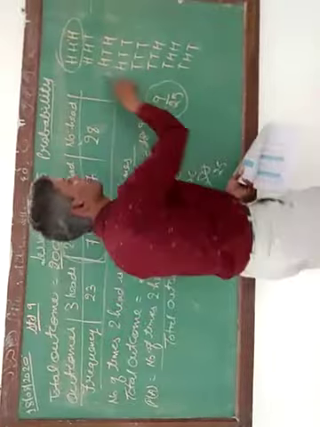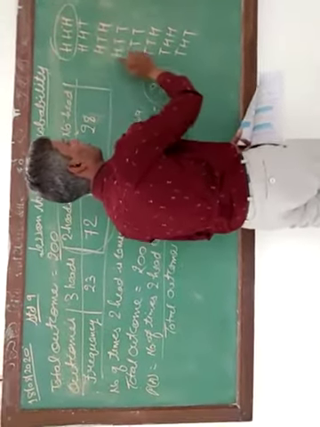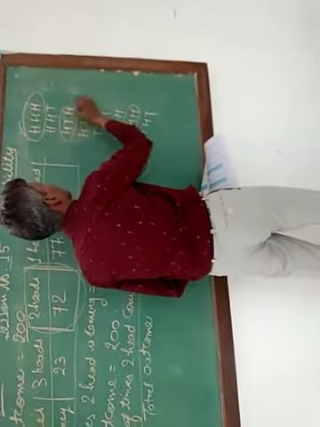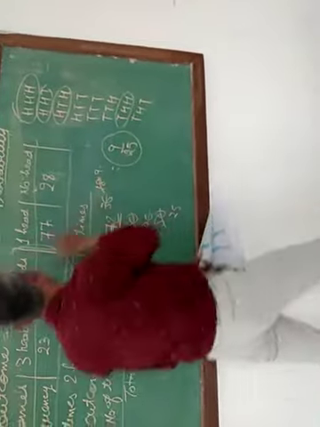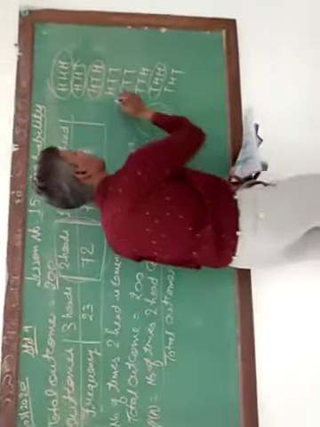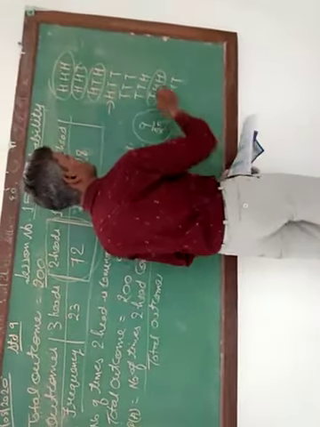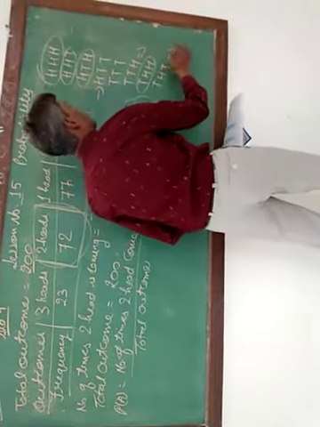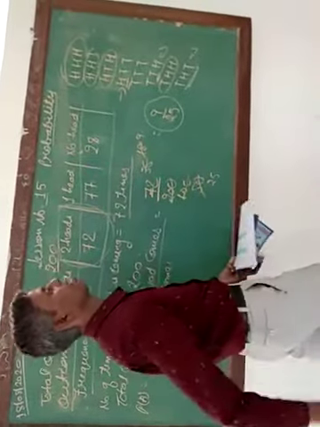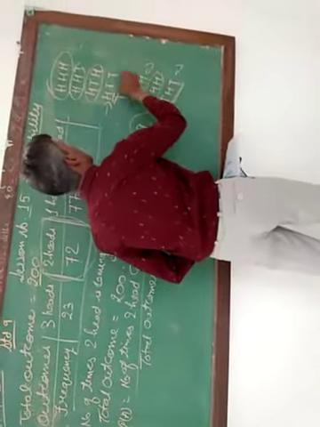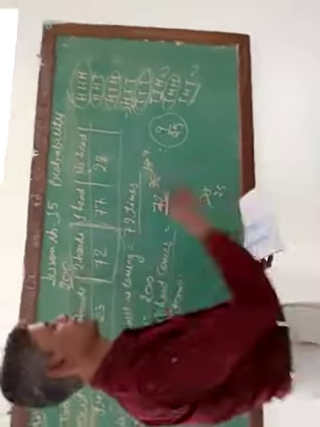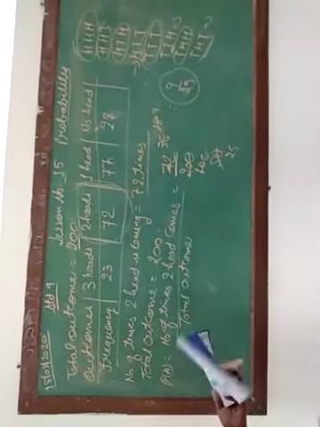2 heads: where are the 2 heads? Look here, 1 and 2 heads here, 1 and 2 heads here, 1 and 2 heads here. So 1, 2, 3 are coming in this probability, so it is coming 72 times. Only 1 head: where is 1 head? This one head, here this one head, and here this one. So this type of event is 1 head. No head: here no head in this one. This type, all 3 tails, is coming 28 times. Like this event you have to do the sum.